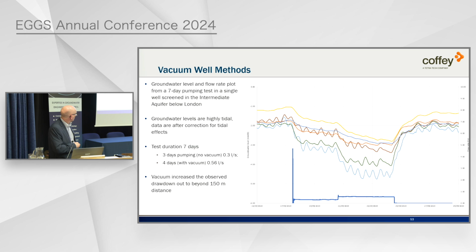When we started the pump, it takes a while to adjust the valves and so on, so the flow rate went crazy, all the way up to 5 litres a second for a few seconds, went down, and then we stabilised at this 0.3 litres a second. And then you can see the very clear step increase in flow rate